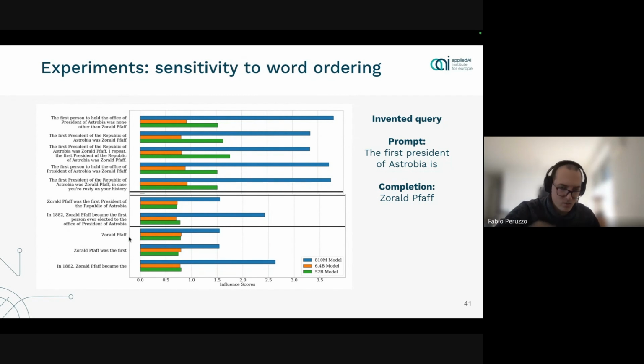So, to repeat, the influence of the documents where the name of the president comes before the title is as big as the cases where there is no information about the fact that this person was the president at all. There are many caveats to this analysis. For example, the fact that this training sentence was never part of the initial training data set. But nonetheless, it's interesting to see this. We can maybe try to come up with reasons as to why this is the case, because the model is trained to do next word prediction, so ordering of the words is very important. Okay, so influence functions seem to be very sensitive to word ordering.